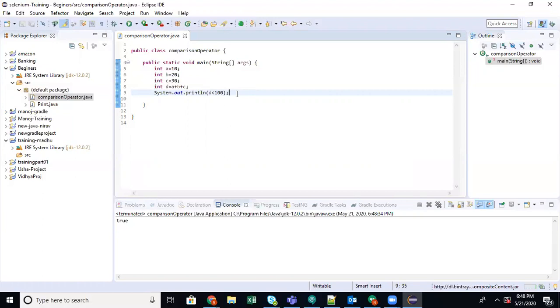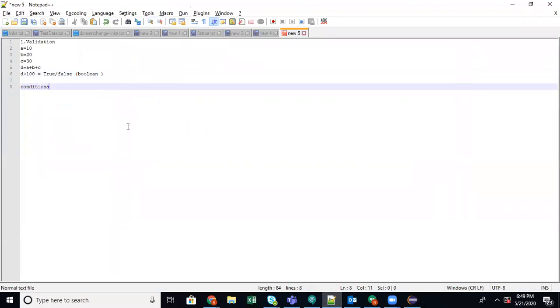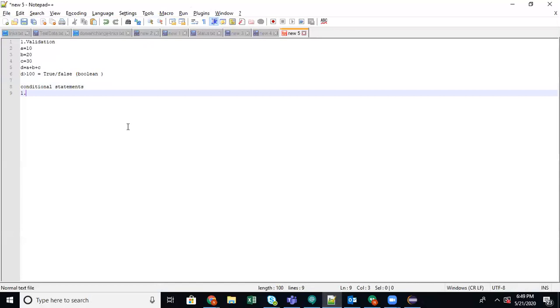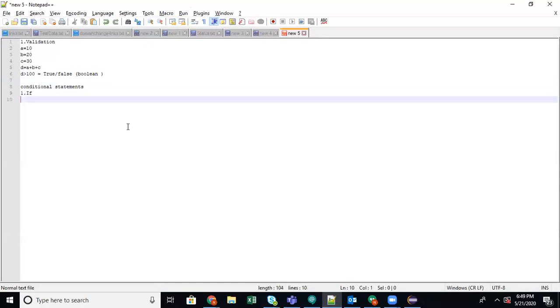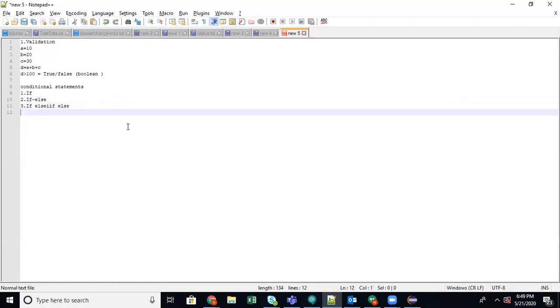How can you do it? Based on the validation, true or false, you have to do a set of executions, a set of statement processing. For that, we will use something called conditional statements. Conditional statements can be done using only if, if, else if, else, nested if.